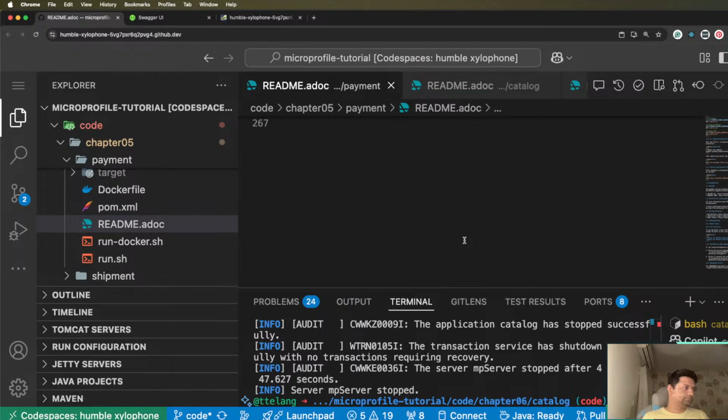Let me refer to the chapter content to see where we will find the microprofile